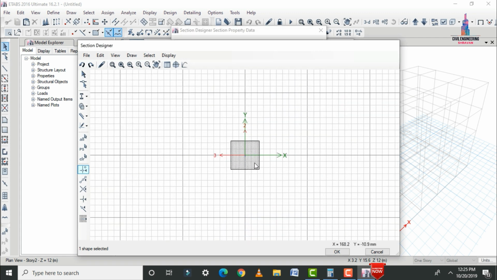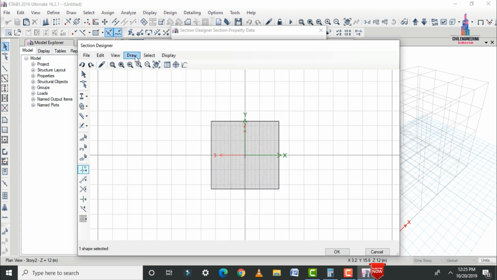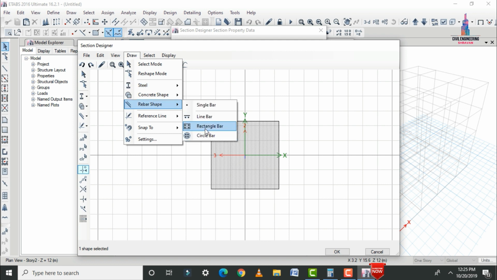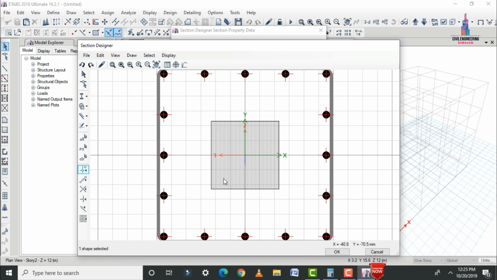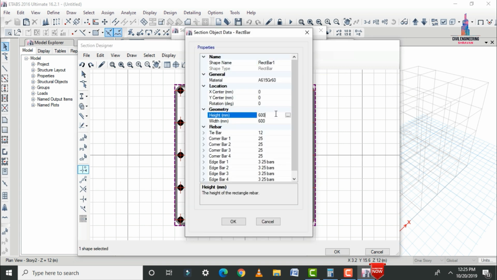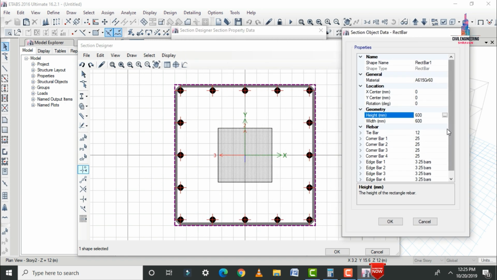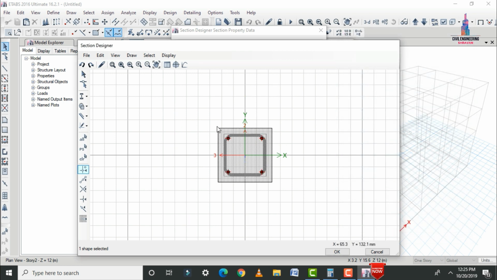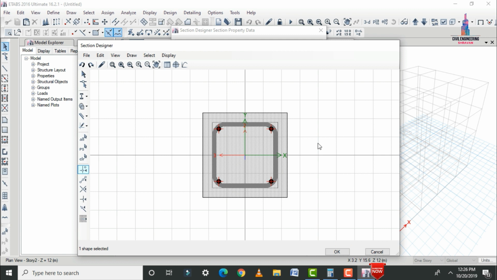After that we have to add the reinforcement for these 230 cross 230 dimensions. Click on draw, rebar shape, select it as rectangular section, again select the center point. Now we have to edit this respective property as per the considerations. Click on this option, so it will open the options here like this. Now we have to edit this data as per the height and width considerations. Here I am considering it as 180, and you have to select the bar size. For an old line building, basically they construct with 12 mm bars only, so that's why I am changing all the bars from 25 mm to 12 mm bars here. Click on OK. So it will add the respective 4 rods in this beam.